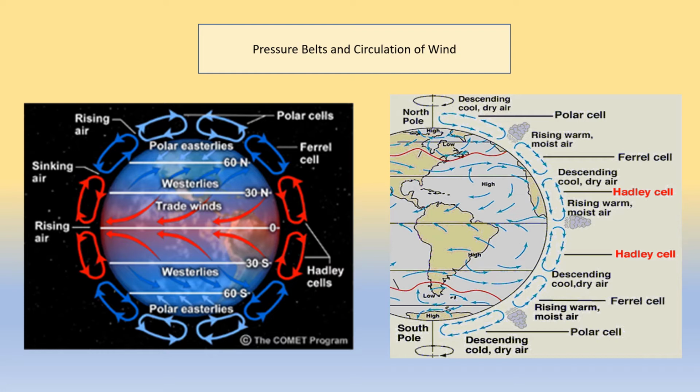First of all, we had to understand the uneven heating and cooling of the land. The sun rays are vertical, or sun rays are tangent, they are not vertical, occupy more land, and differences in the temperature. So the equatorial low pressure belt lies between the Tropic of Cancer and the Tropic of Capricorn. As the process operates continuously, the low pressure belt gets formed. High temperature throughout the year, so low pressure develops. Then we have the next belt called the